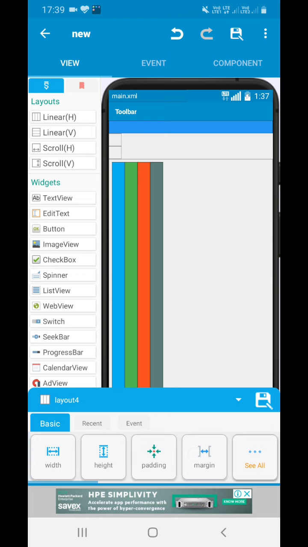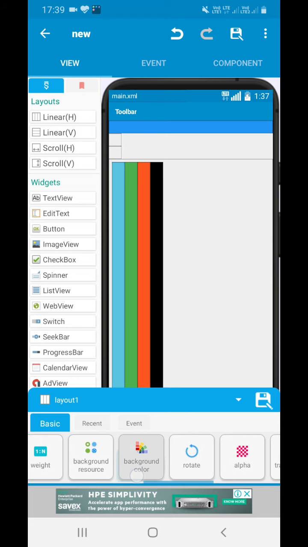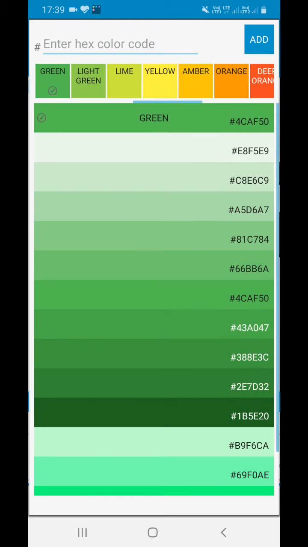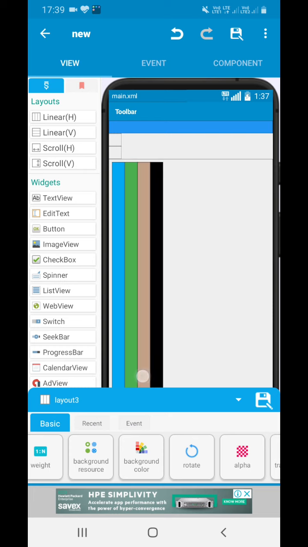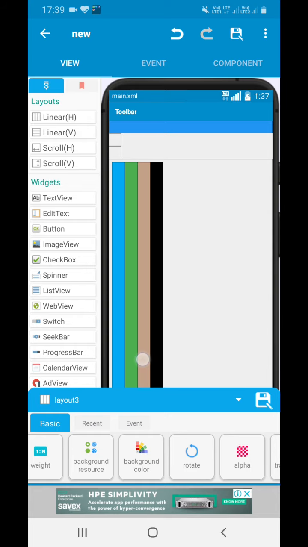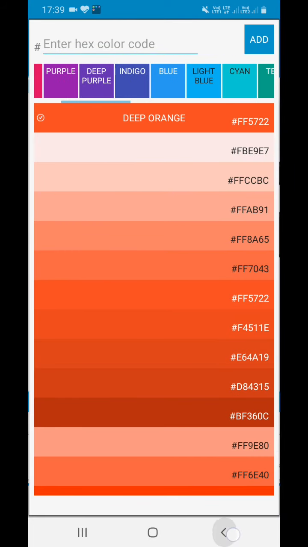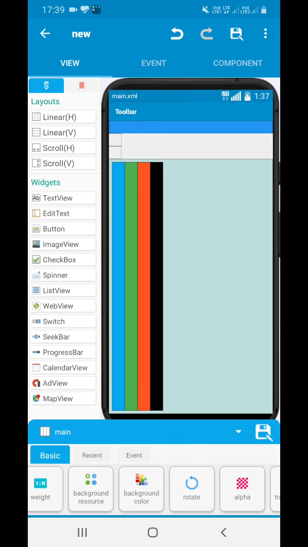Okay, done. Now I have kept layout 1 background color as light blue, layout 2 background color as green, layout 3 background color as red, and layout 4 background color as black. Sorry, it's deep orange. Anyways, and here it's all done. So the view section is all done.